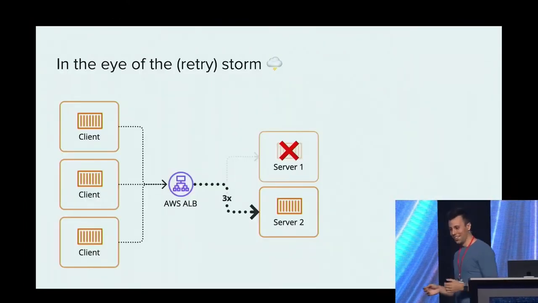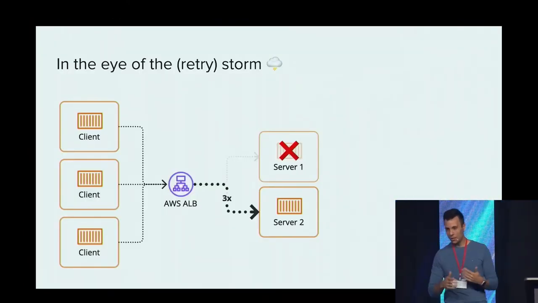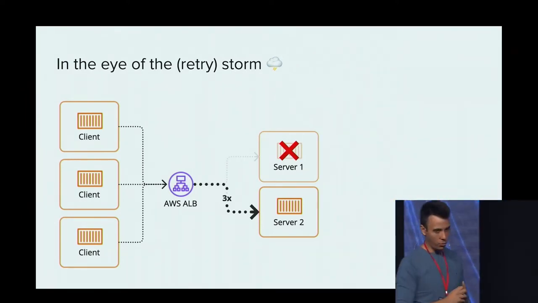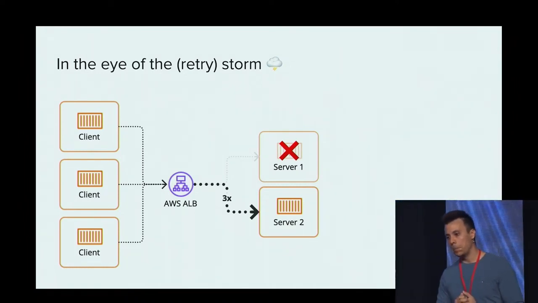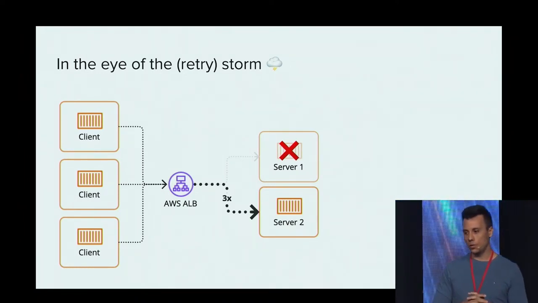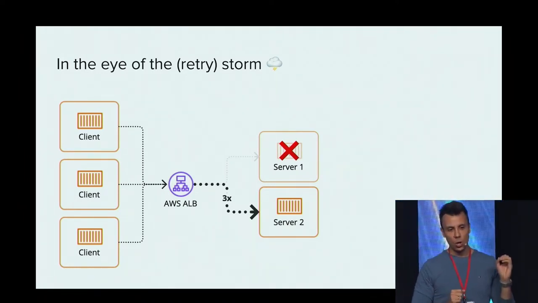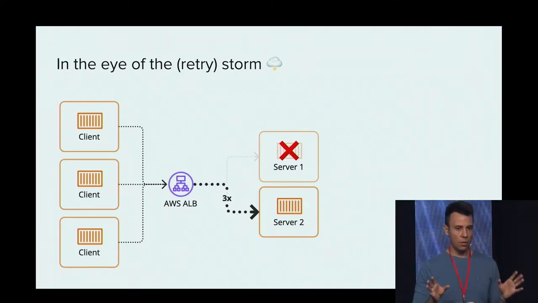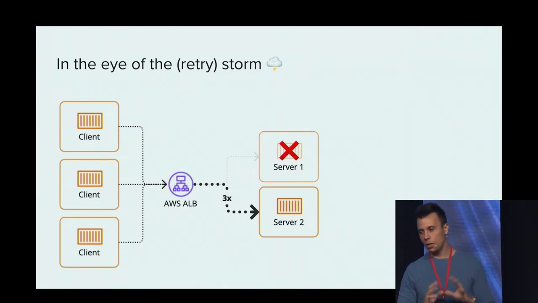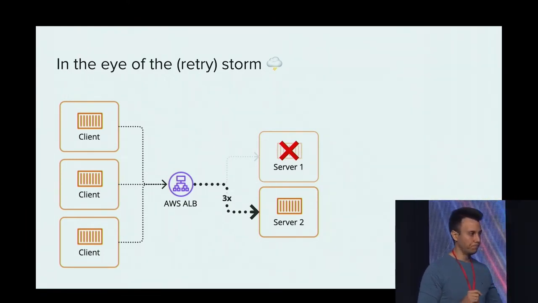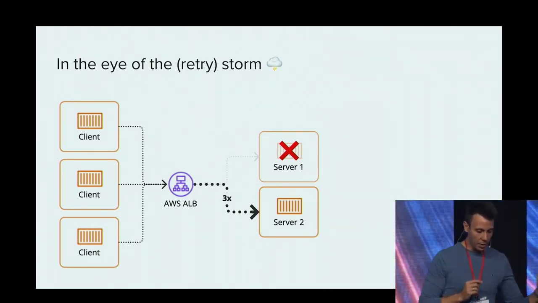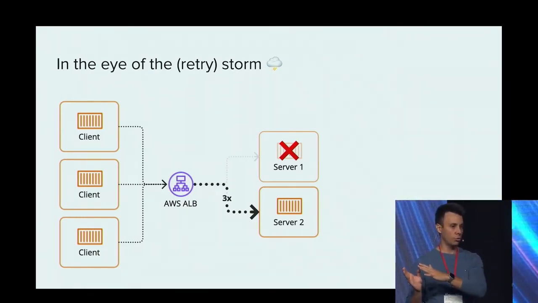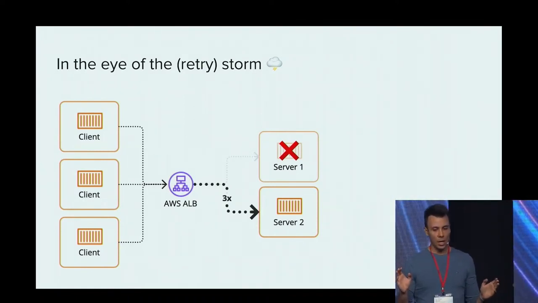And then failure happens. You might sense a trend here. There are a lot of failures in distributed systems, unfortunately, or fortunately. So let's imagine the situation, right? We have 3 clients and 2 servers. And they're all sending requests. Requests are routed round robin, 50-50 on the 2 servers. One server goes down. What happens now is that normal traffic that those 3 clients send now all goes to server 2 because it's the only one alive.